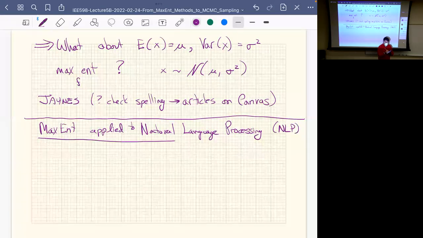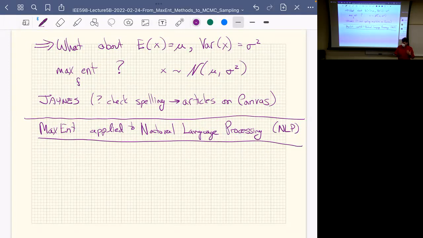This is where MaxEnt actually got its start in informatics, in thinking about NLP in computer science, but it's now found its way into a bunch of other fields for similar reasons. The basic idea, and I'll just motivate this with an example: